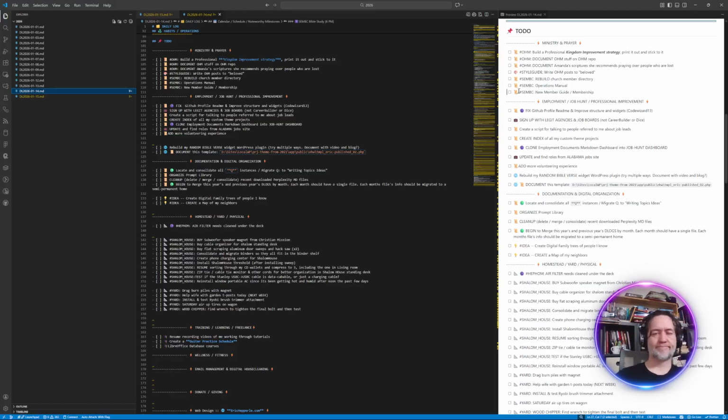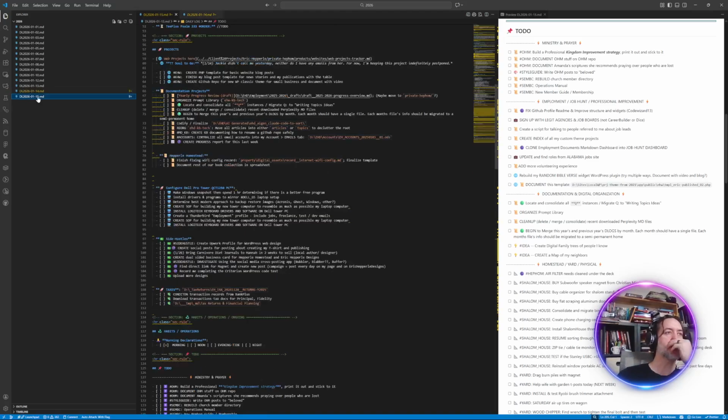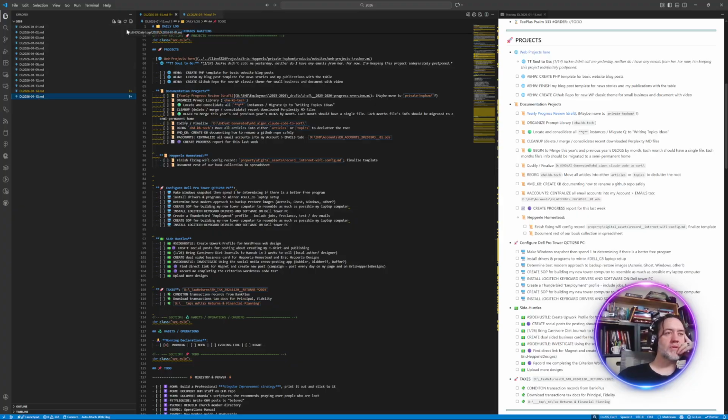But that is not best for my workflow. What I discovered is that actually having each one of these items in the ministry and prayer section be represented by a ministry sort of emoji was much better, and I'll show you why. So if I go over here, one of the things I do in the morning,